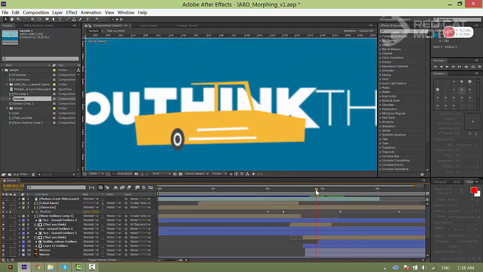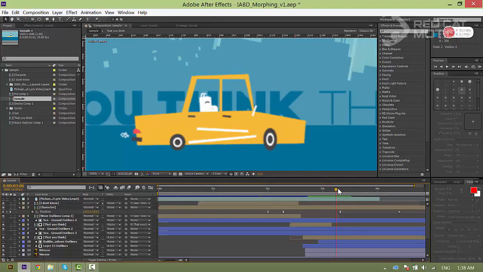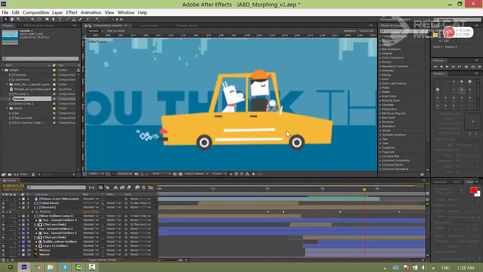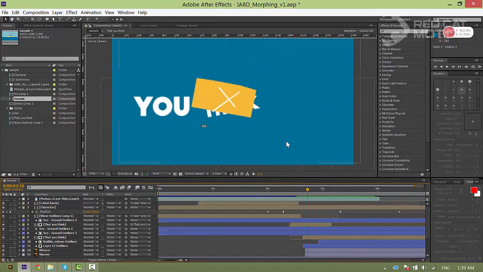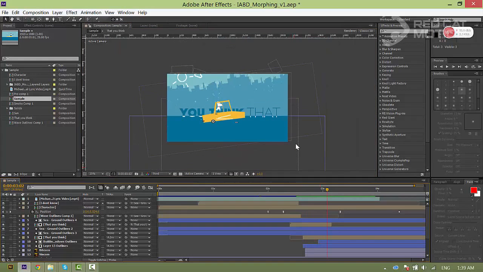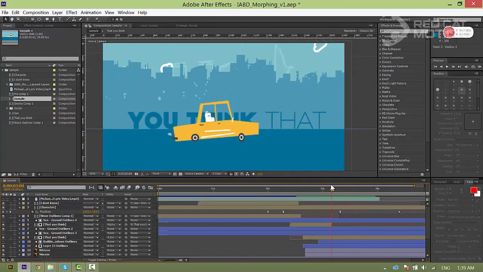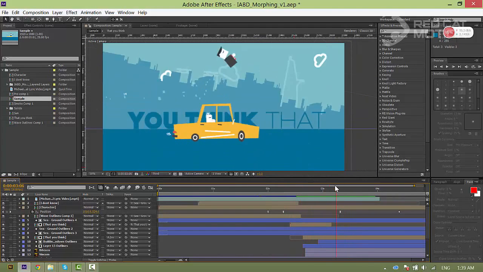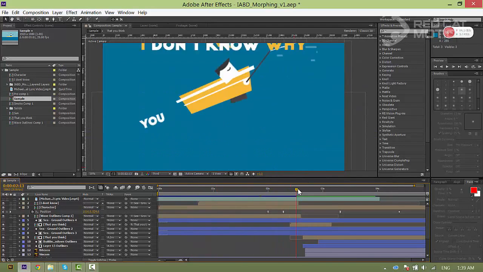And then we have the dog falling into the car. The character also falls into the car. Other features such as the lights or the doors also appear. And then from the rear, the car releases the fumes and moves. In addition, don't forget that the background is moving too, such as the city rising up. The Bitexco and Vincom buildings also appear. The sun reappears, the clouds pop up, the text "you think that" also pops up, and all these motions are synced along the track. Wherever the lyrics go, these texts appear accordingly.